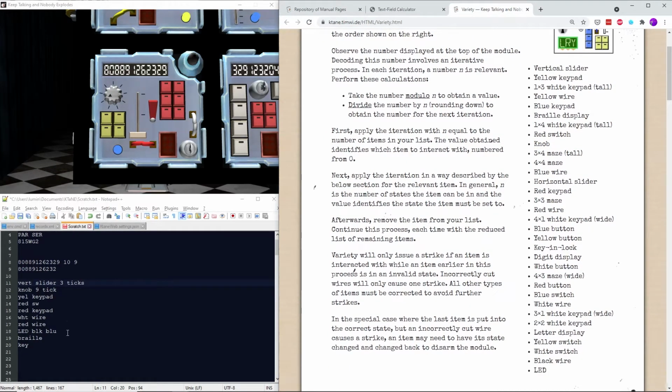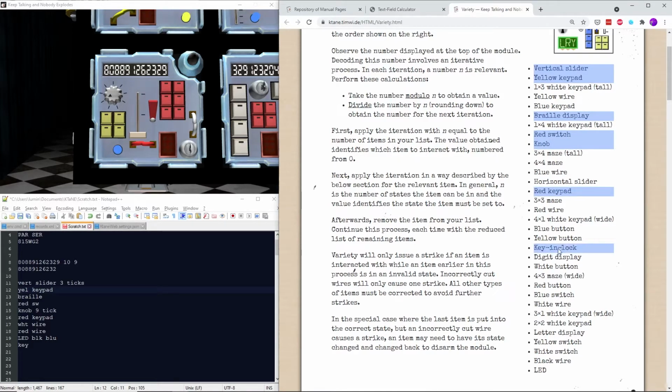So we can move the red switch above the knob. Braille, you can see, is above that in the list. You have Braille here. So we've got vertical slider, yellow keypad, Braille, red switch, knob, red keypad,